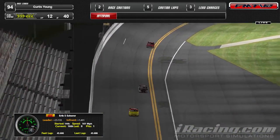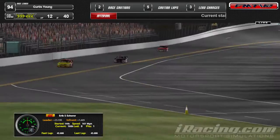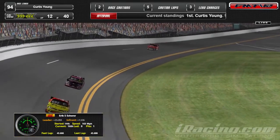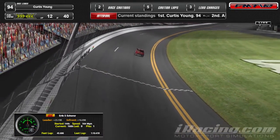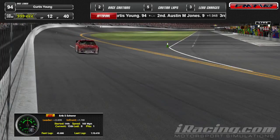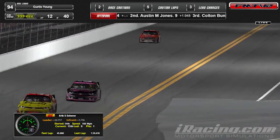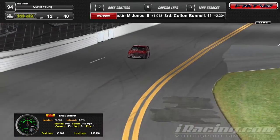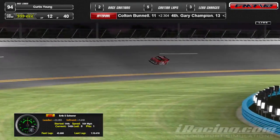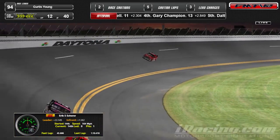Hey, that's okay. I believe they got another fast fix, and they can get this thing fixed and get back out there, and it will be awesome. So here we go. I mean, we're under caution again. Lap 12 of 40 here tonight for this TRRL promo race, and it has been nothing short of electric